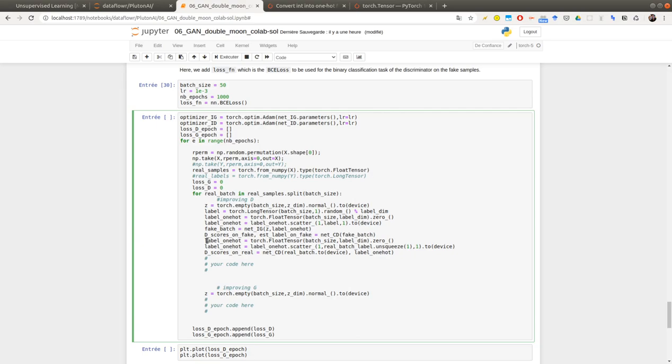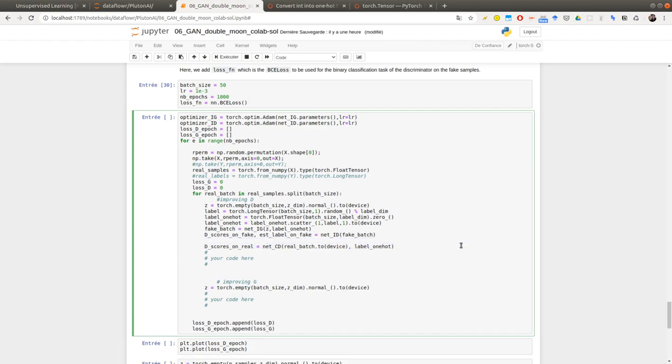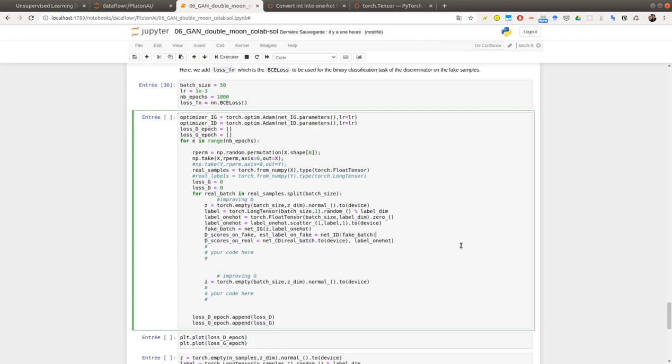Okay, now I can erase, and it's not the conditional. You can erase these two lines because I'm not using the discriminator on real. This will not be used.